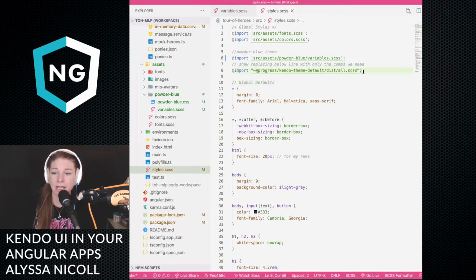But something that's a really great idea for you to do if you're using Kendo UI or really any UI library, it's always great to be conscious of what you're using. Don't use anything except what you need to use. So I'm going to go ahead, and I think what we're using so far, let's see.